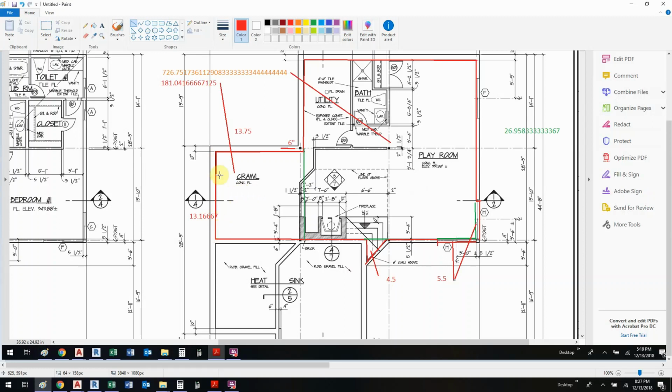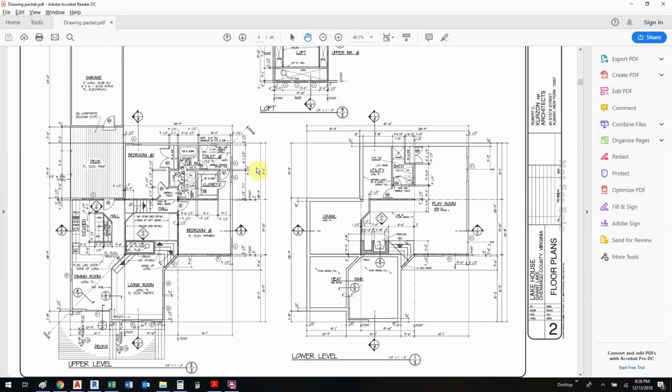This little area right here is found way over here, 13'10". Pull this down through there, and you have approximately 6 inches there. If you do the math, 14.1 subtract 13.9, you will find out that there is 6 inches difference here. So we can take 13.10, subtract 6 inches here, subtract 2 inches here, and that will give us 13.2. 13.2 times 13.9, and 13.9 I got from the 13.9 here,